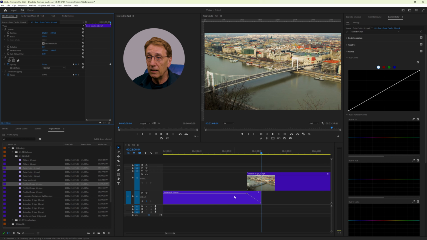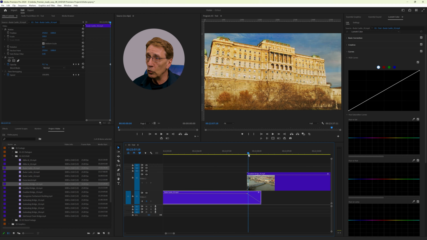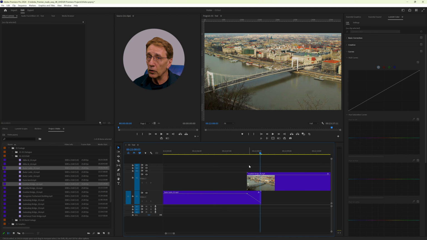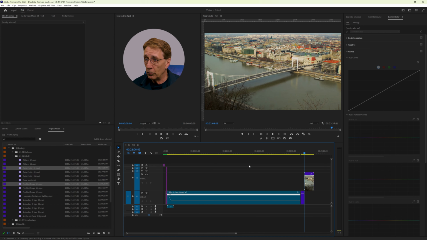We could have done it in the timeline by holding control and put a keyframe here and then drag the keyframe up and down. But I personally think it's much more efficient to do that here in the effect controls, but you can do it as you like. And now we have created a smooth transition from one clip to the other. So let's compare that with the effect we used from the effect controls. And let me pull down the same two clips one more time.